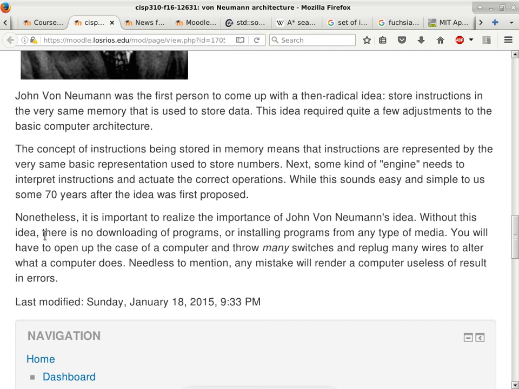And the basic idea is this. The concept of storing instructions in memory means that instructions are represented by bits. In other words, instructions are no longer represented by wires. I go from this circuitry to this circuitry here to mean that after doing this, you need to do this. It's now just a part of the memory. You have instructions to execute, and instructions are stored in memory, just like the data.